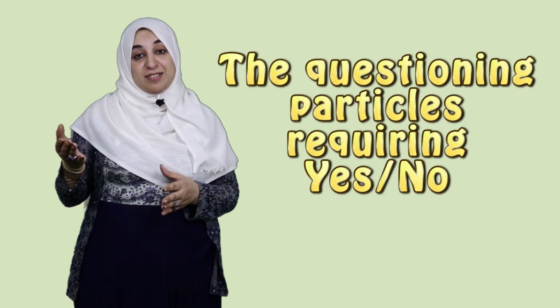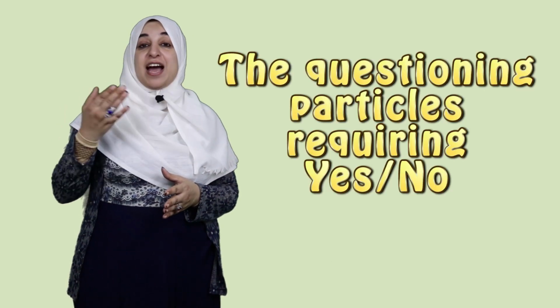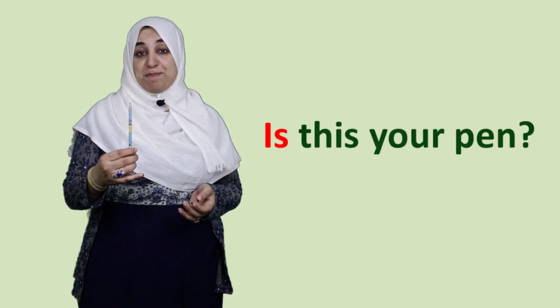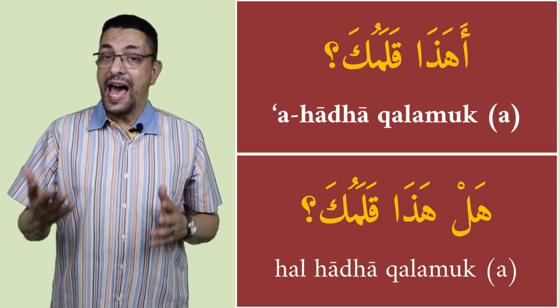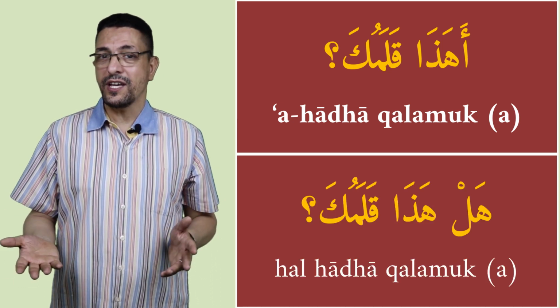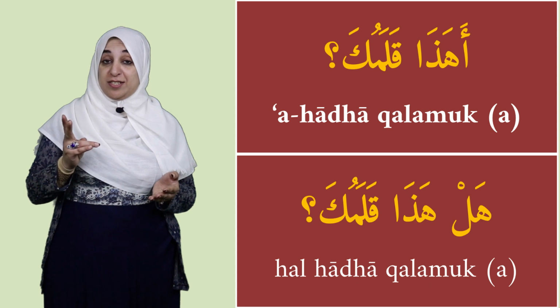Welcome back. Now we will learn about the questioning particles, which require yes or no in the answer sentence. This kind of particles is not found in English or European languages. They normally ask with the auxiliary verb as, is this your pen? In Arabic, we ask this question using two particles: أهذا قلمك؟ هل هذا قلمك؟